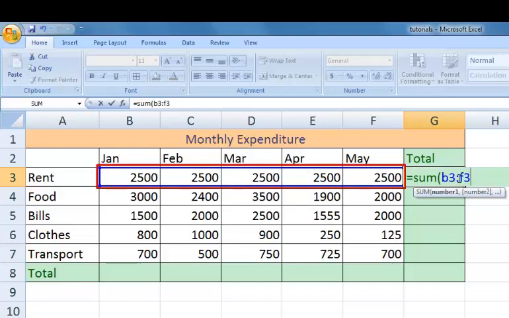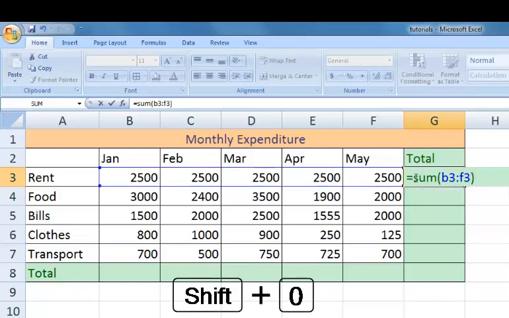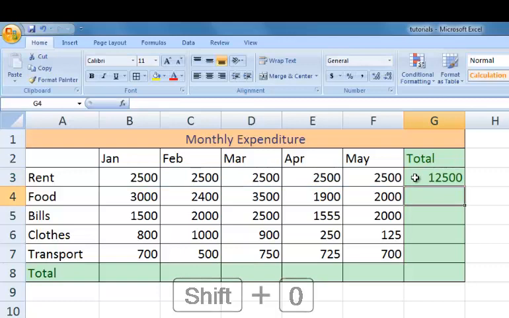Because we use the colon sign instead of a plus sign, we are telling Excel to calculate from B3, which is January, up to F3, which is May. Now I'm just going to close my bracket, then hit the enter key. This will calculate all the values in that range and give me the total, which is